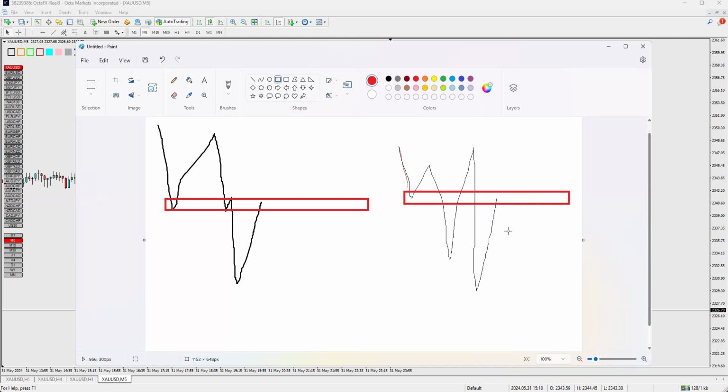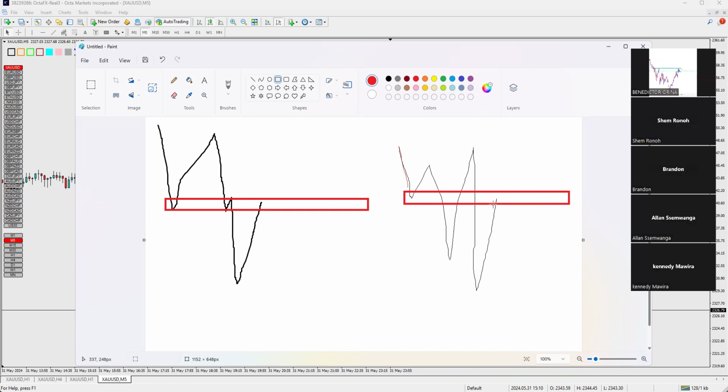Again, you don't just enter blindly, you have to use divergence. And for divergence, I mostly use the stochastic oscillator for confirmation. So if you have a setup like this and we have divergence, this is a good setup and it has a high win rate. It depends on how you are using it. So if you have a setup like this or a setup like this and we have divergence, again, you don't